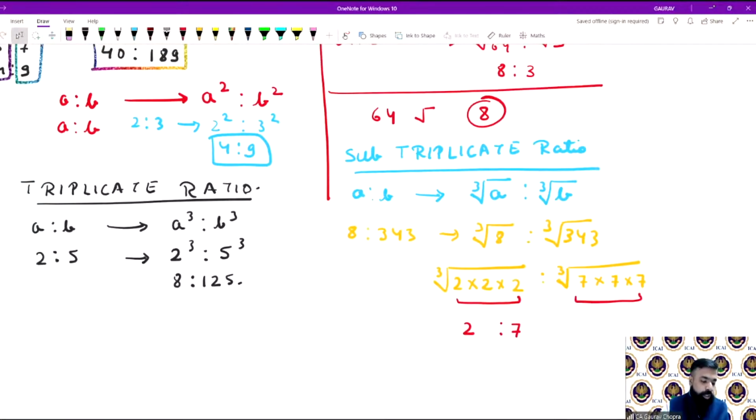Soumya Ranjan says, your teaching style is so good. Thank you, Soumya. Dhruv Dikshit, you are great. You all are great, guys. You all are very interactive. That's very, very good. It is good for both of us, because if you are interactive, I will be able to deliver more as per your need, as per your requirement. So always answer each and every type of thing and ask all kinds of doubts. No need to worry.